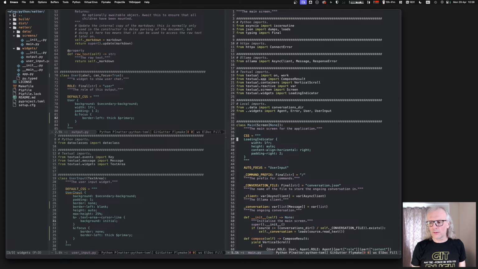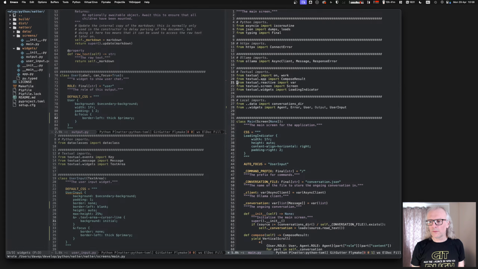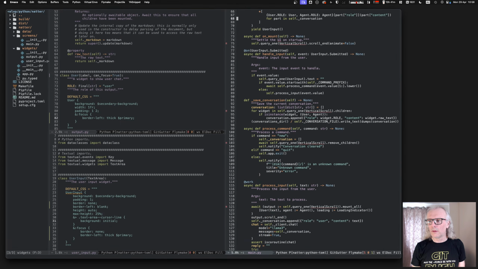Right. The next thing I need to do is swap this out. Don't want vertical scroll there anymore.